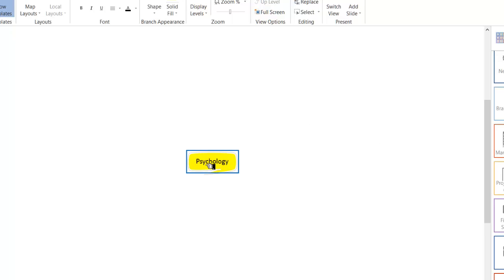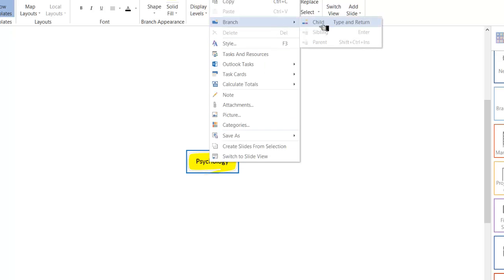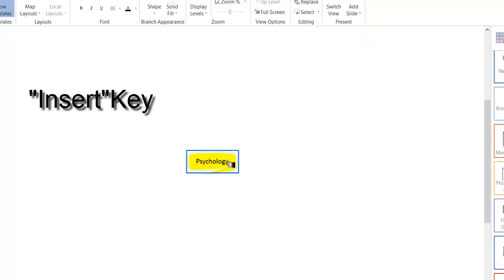But what I'm going to do is click psychology, and instead of right clicking and going to branch and selecting child, I'm going to click on it and just press the insert key. There's my first branch. So now I need a subtitle. So why don't I call this History of Psychology,